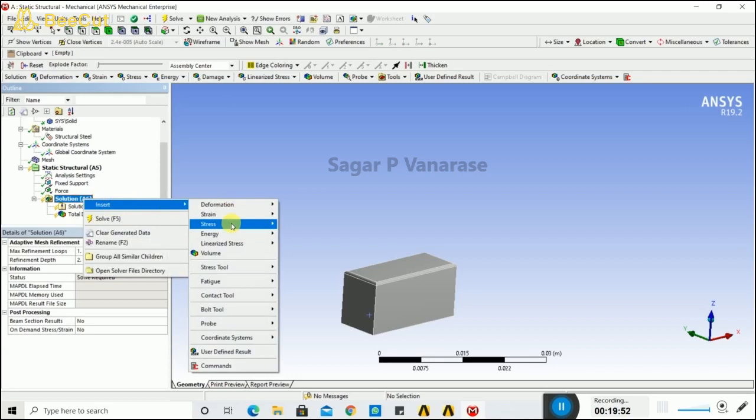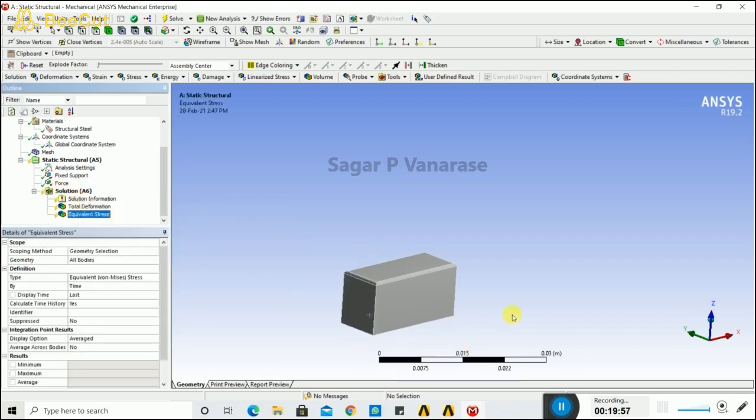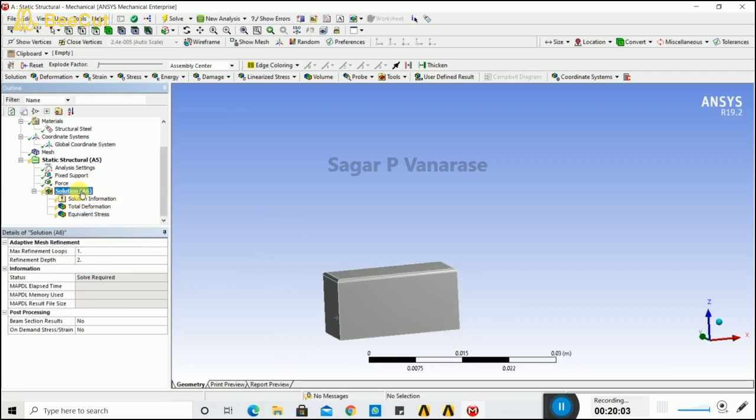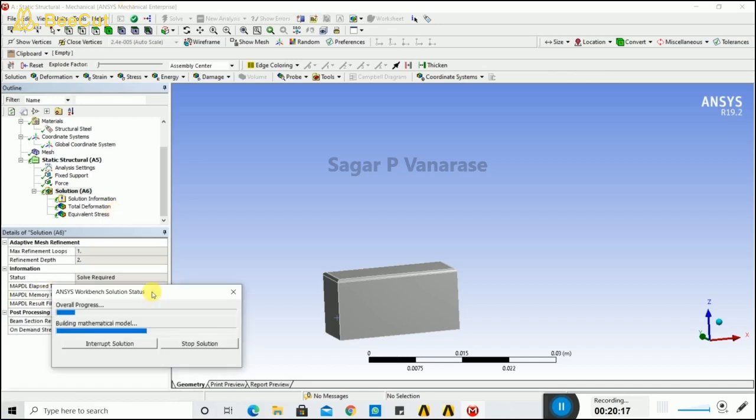Now the next step is to insert the solution. I want the deformation that occurs in my object due to the force. So I am clicking on total deformation, and I also want the stress developed while applying force. After applying force, stresses develop, so I have chosen equivalent stress. Just simply right click on the solution and you will get the solutions you want.